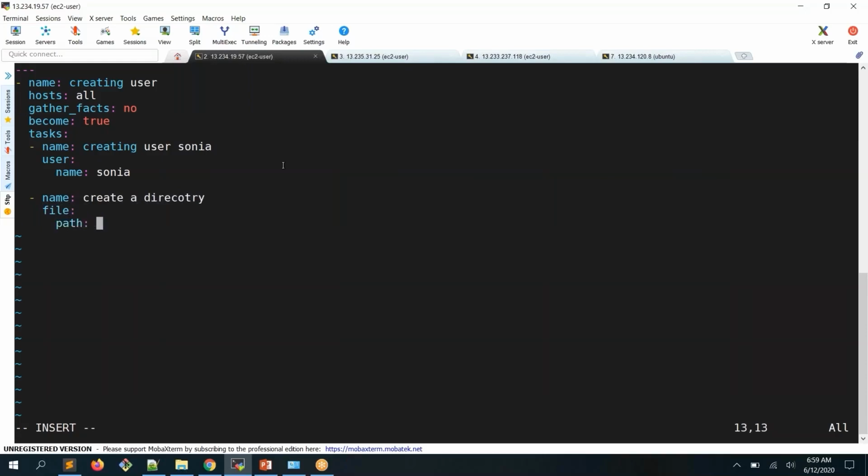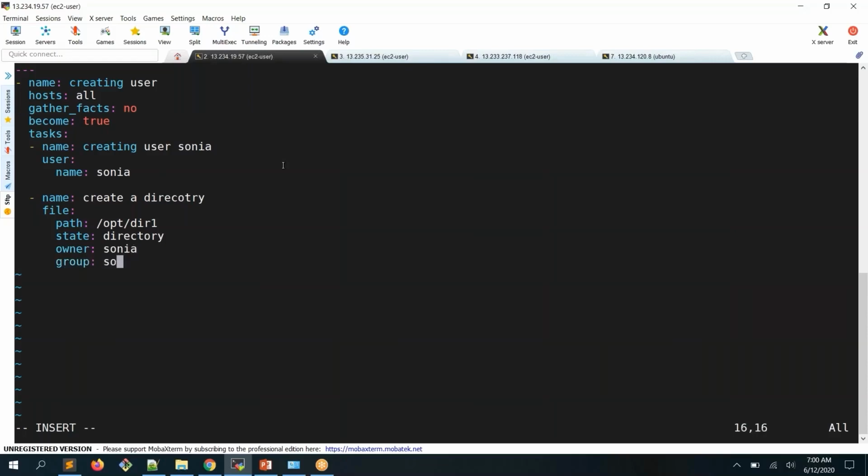Where do you want to create? I want to create under /opt and the directory name is dir1. Next, state: directory, right? So directory, and owner, I want to give it to Sonia